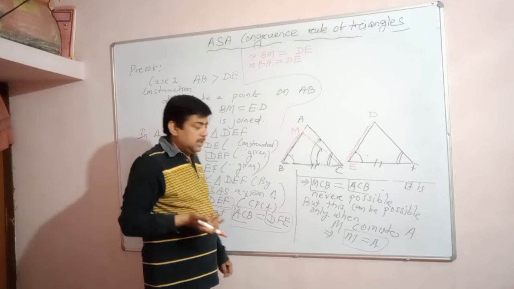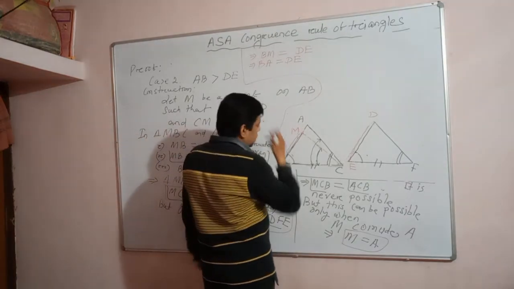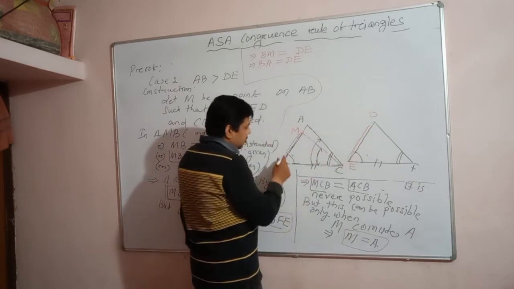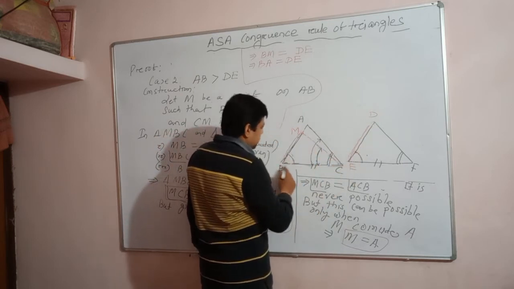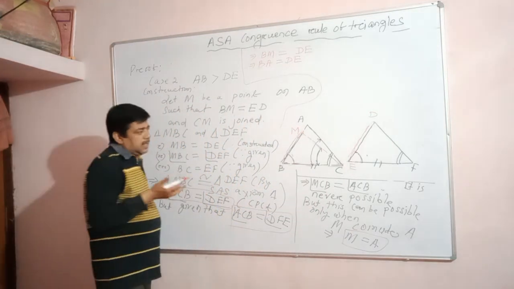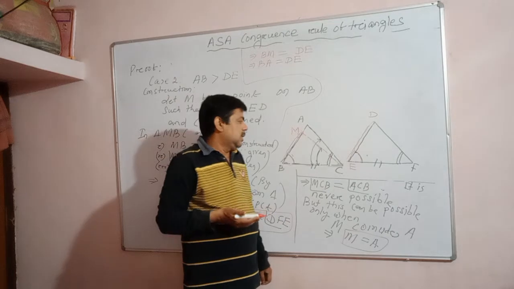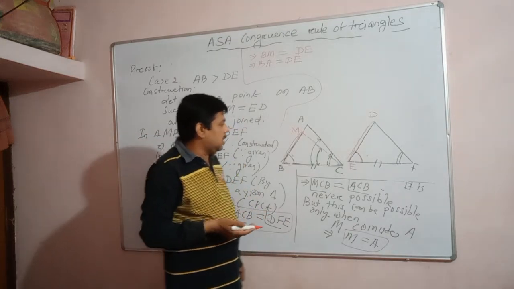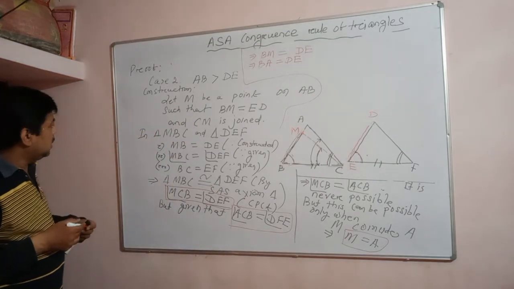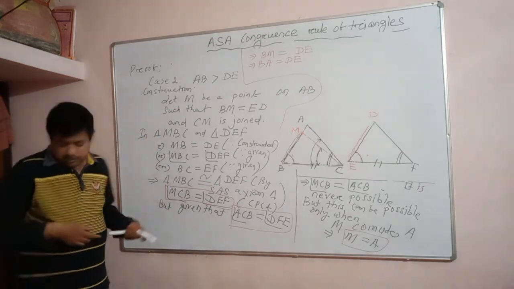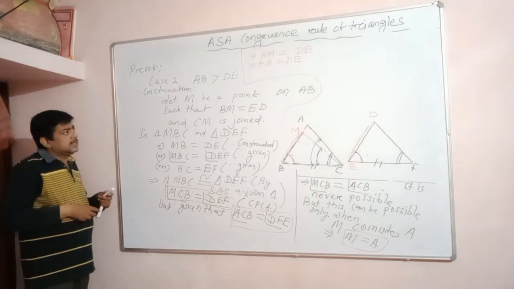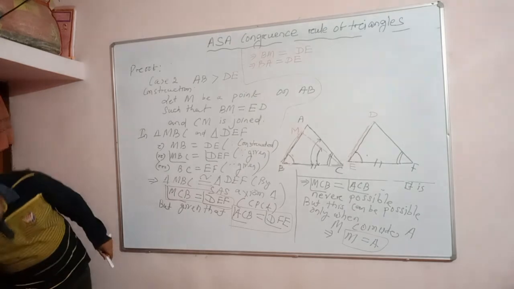We got, since AB is equal to D, according to the first case, AB is equal to D, angle B is equal to angle E, BC is equal to EF. So two triangles can be congruent by the side angle side congruency rule of triangles, the side angle side axiom of congruence of triangles, and the triangles can be verified. Okay? Are you writing this one? Okay, let us see.